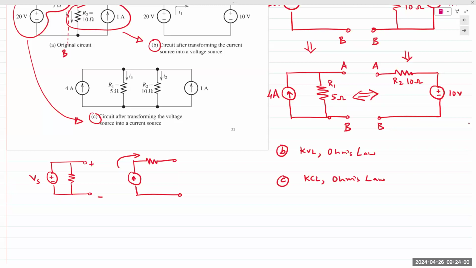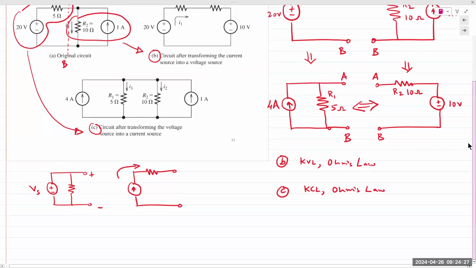Does that make sense? Right. Any questions? I have a question. Sure. So when you're solving these with KVL or Ohm's law, are you solving them separately of each other? No, we simply apply, for example,